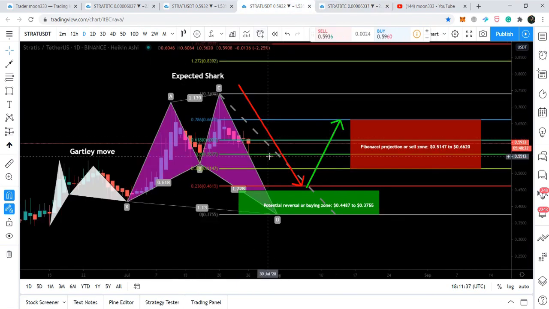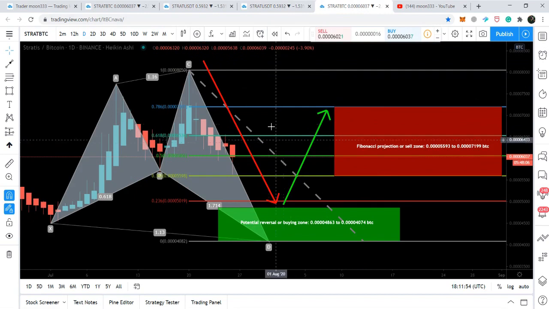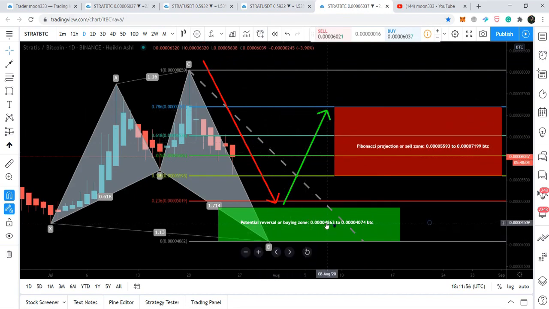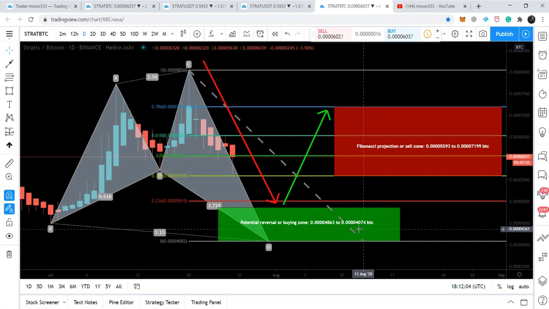And we can see that this potential reversal zone starts from almost 45 cents and ends at 37 cents. And this sell zone, or Fibonacci projection level, starts from 51 cents and ends at almost 66 cents. And if we watch the targets with the Bitcoin pair, the potential reversal or buying zone starts from 4,863 satoshis and ends at 4,074 satoshis. And if we want this sell zone or Fibonacci projection of C to D leg, then it starts from 5,593 satoshis and ends at